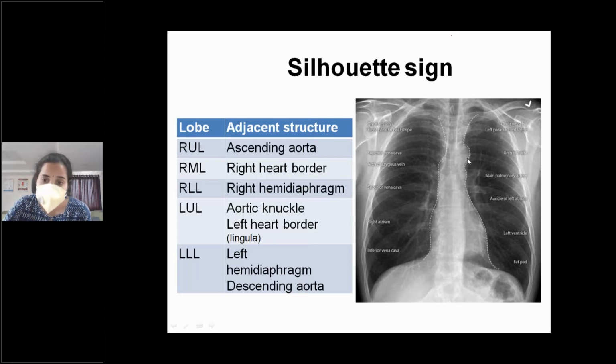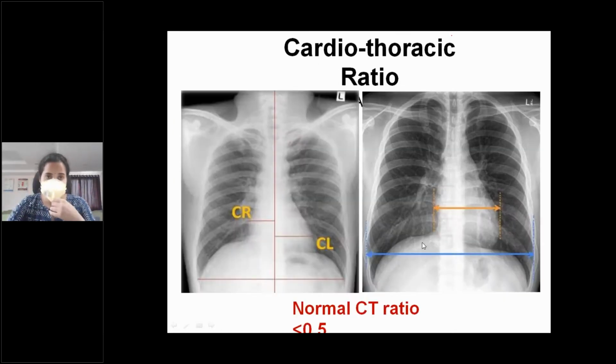So you can no longer visualize the aortic knuckle or the main pulmonary artery border or the left heart border. Now next, you have the left hemidiaphragm. I told you the left lower lobe will be somewhere here. So whenever there is a collapse of the left lower lobe, there will be loss of silhouette of the left hemidiaphragm. So the next thing we are going to see is how do you appreciate a cardiomegaly,